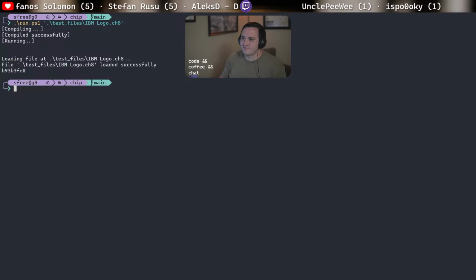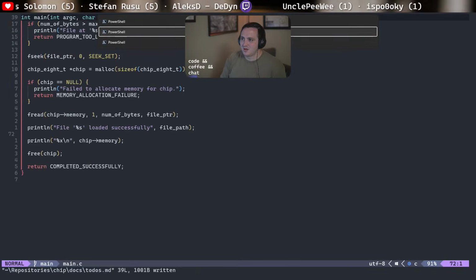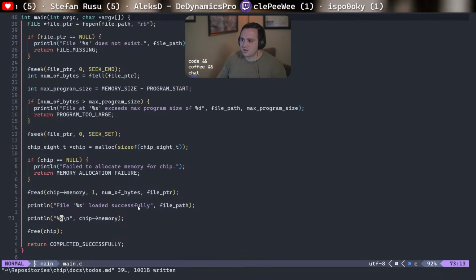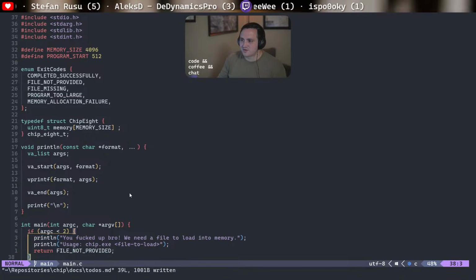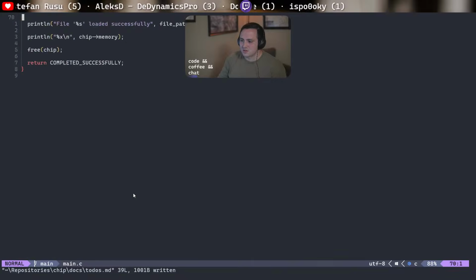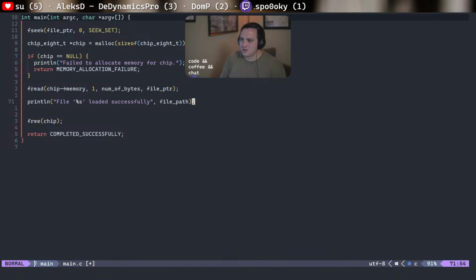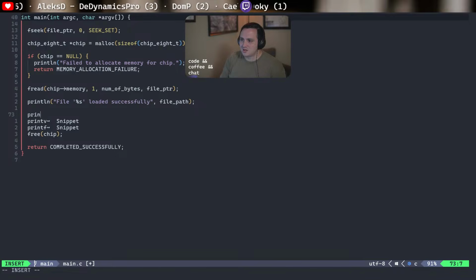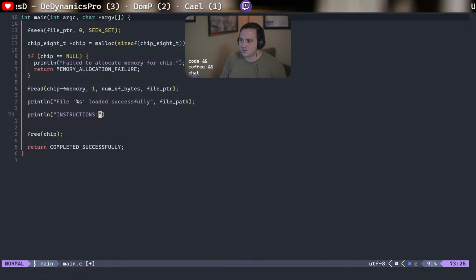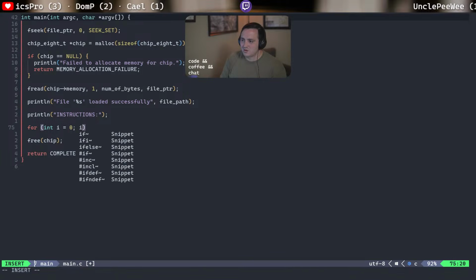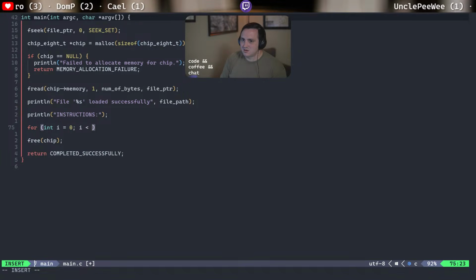Oh, because this is going to print the first one, right? I wonder what that does print. I guess the first one. So let's try to loop over it. Let's try to say print line instructions. And then let's say for int i equals 0, while i is less than